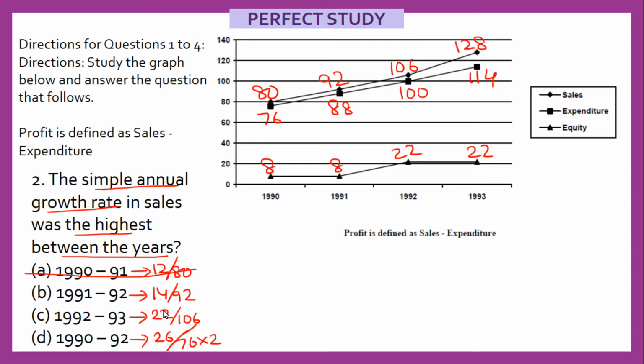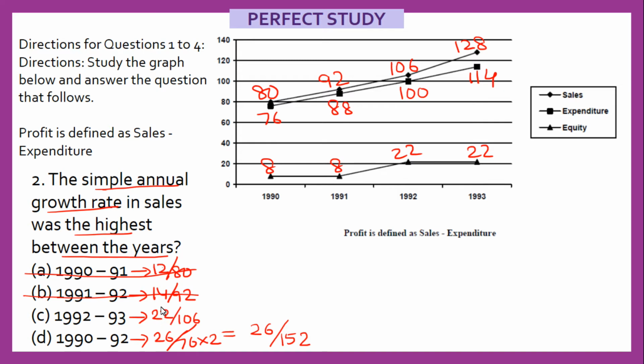That is out. Now let's compare this. Here my numerator is increasing by 8 units. 8 out of 14 is definitely more than half. It is increasing by more than 50%. If you take 50% of 14, it will be 7. 14 plus 7 is 21, but it is 22. But as we can very clearly see here, the denominator is not increasing by 50%. It's increasing by 14 only, that is around 15%, but this is more than 15%. So B is also clearly out of the picture. Now what remains is this option D. Option D, I can write it as 26 out of 152.